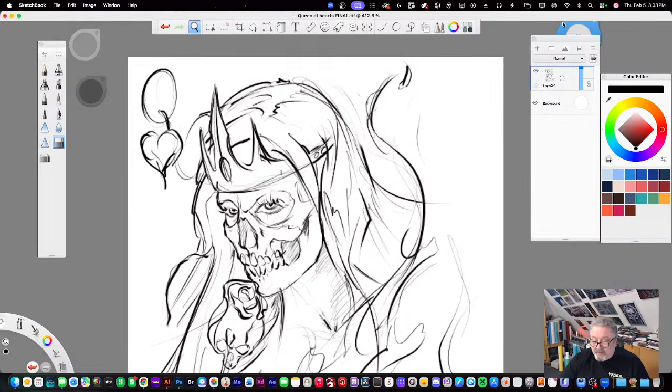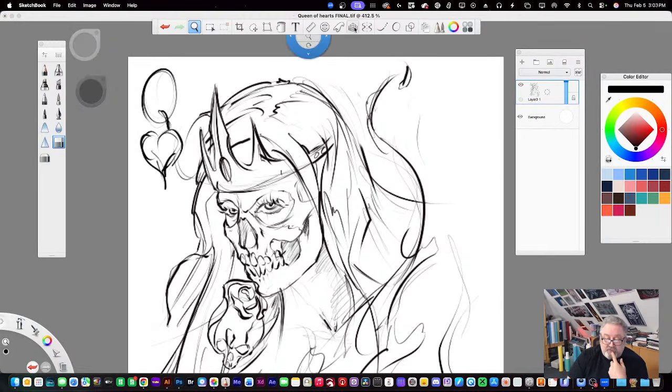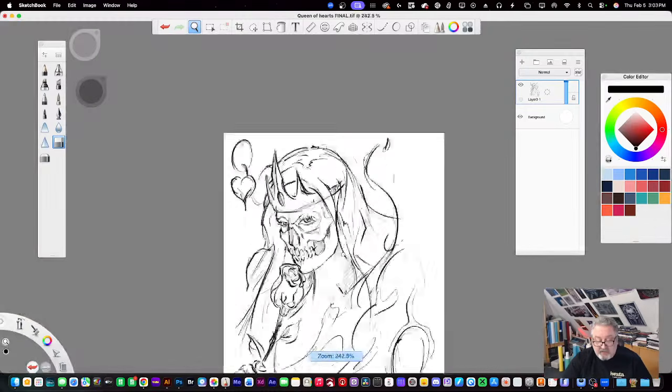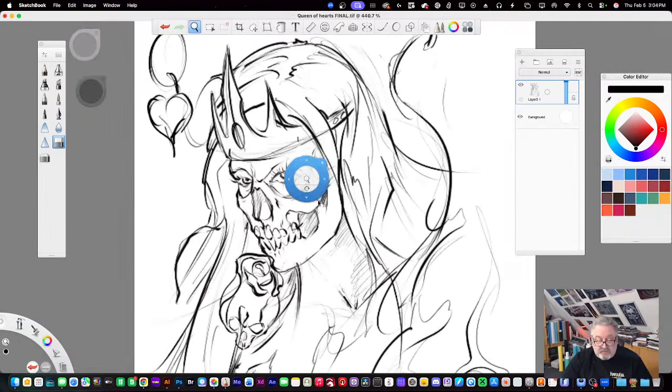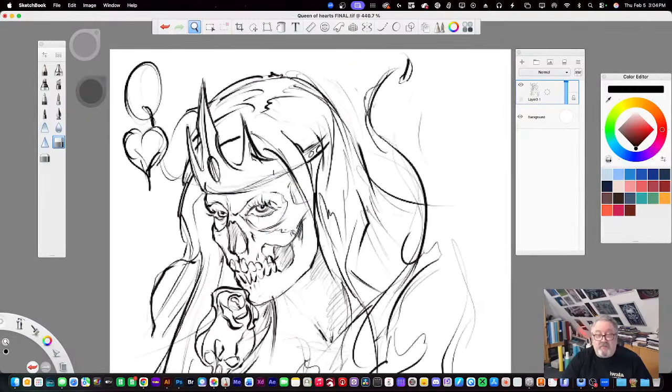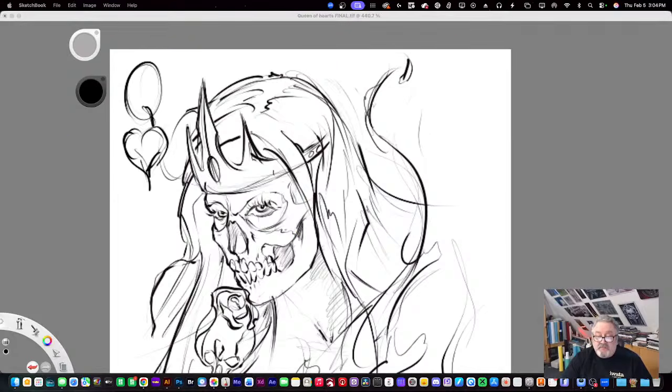We have our color palette. We don't need that. These are a bunch of tools. This one here is the magnifier, where you can hit spacebar and I can zoom in and out, do things like that. You can use your mouse, or you can drag it around. Okay, really simple stuff.